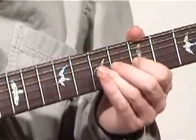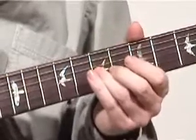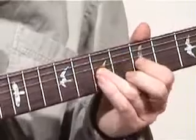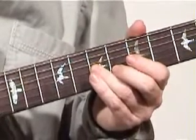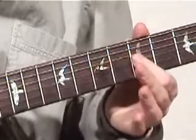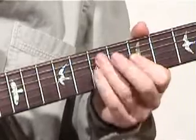Then this is followed by playing the 7th fret on the 3rd string. So the first half goes... Again. The second half of the phrase will be 5th fret, 7th. Now we do a little mini bar on the 2nd and 3rd strings and hit the 2nd string and then the 3rd. So we get,